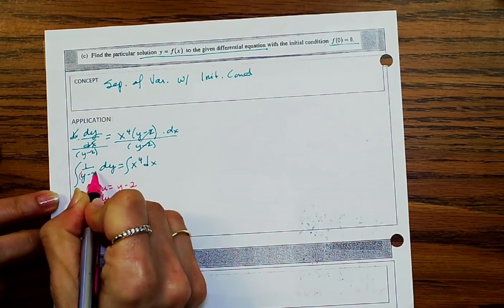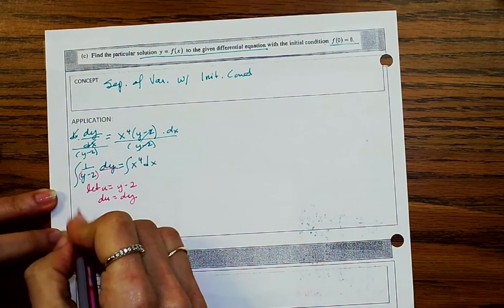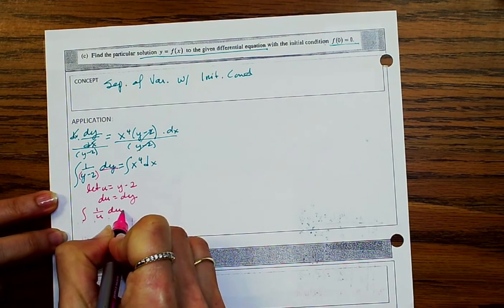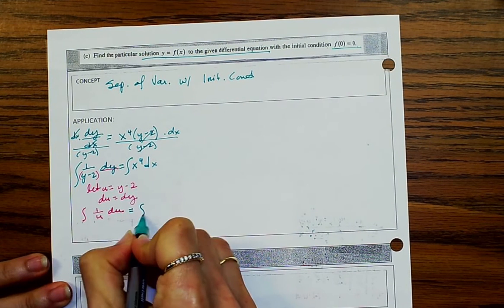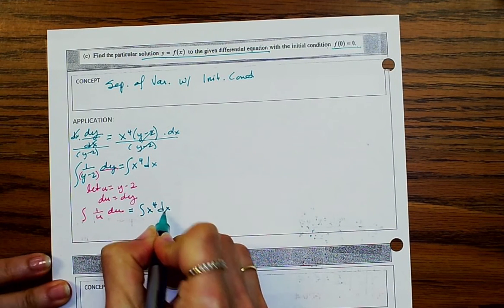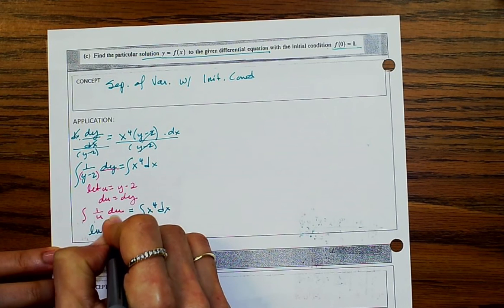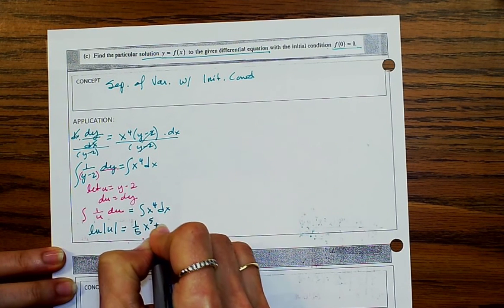That gives me a substitution for y minus 2 and for dy. So this becomes the integral of 1 over u times du equals the integral of x to the fourth dx. That is, of course, the ln of the absolute value of u equals 1/5 x to the fifth plus